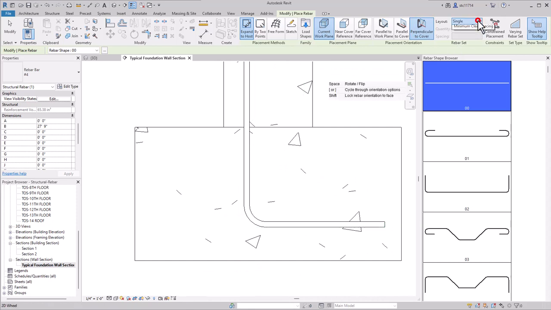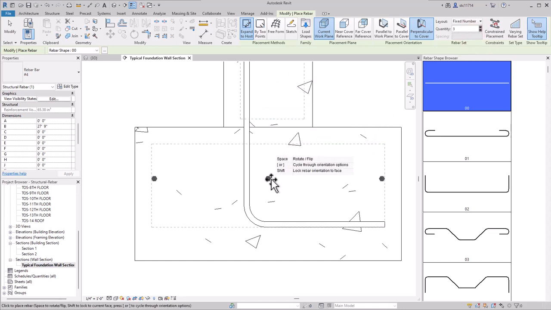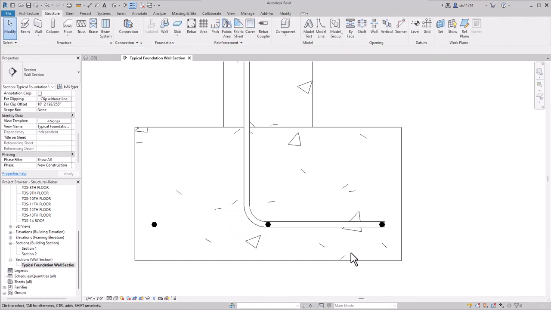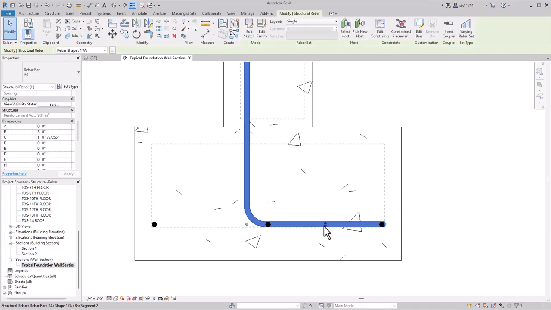Instead of placing a single one, I have some other options here. If I know the spacing between each one, I can select those options. Or if I know how many I want, I can select that option. In this case, I'm going to want 3 of them. Revit will then space those evenly to get them to fit. I'm going to go ahead and place this at the bottom of the allowable area here, and then I'll press Escape. Obviously, I'm going to have a little bit of an interference here, so I'm going to select the previously created L-shape rebar and use my sizing handles to drag that up above the others.